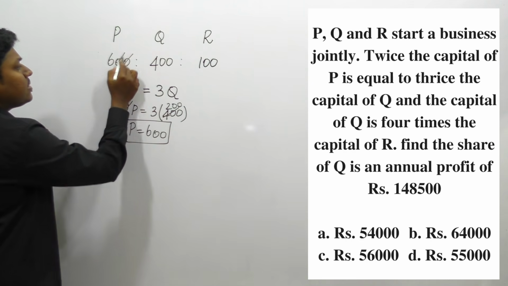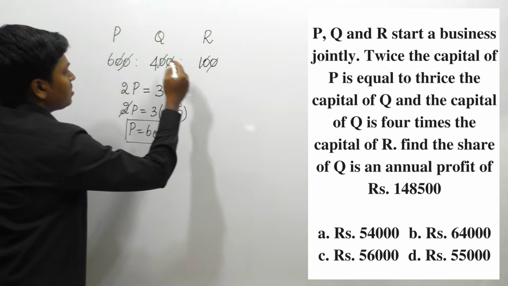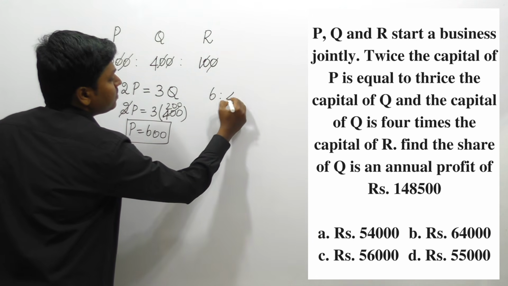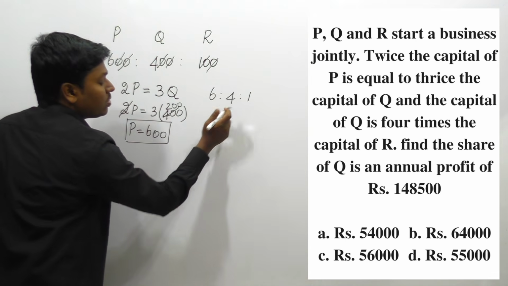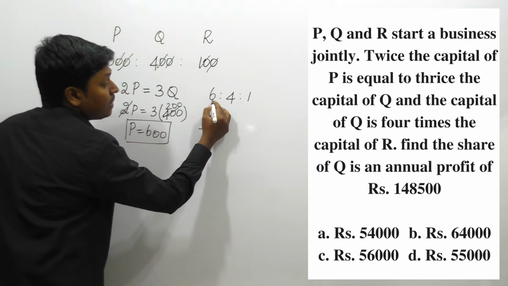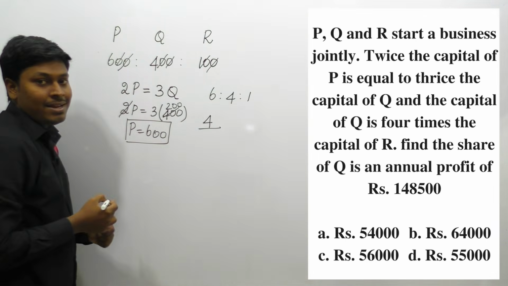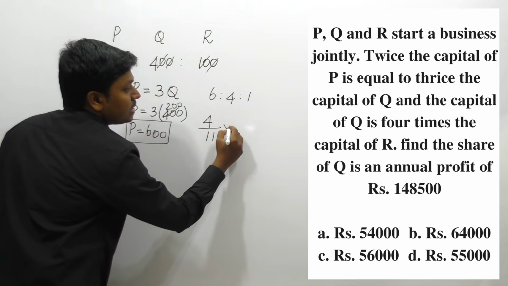So we can cancel the 0s, both the 0s. So finally we got the ratio, that is 6:4:1. So our target is to find the share for the person Q. So Q will be 4, divided by the total ratio, 6 plus 4 will be 10, 10 plus 1 will be 11. So 11 into